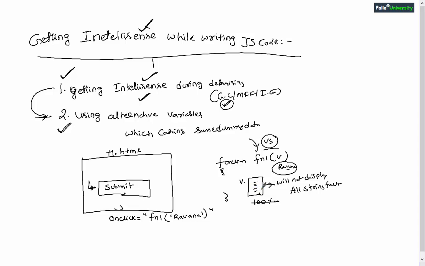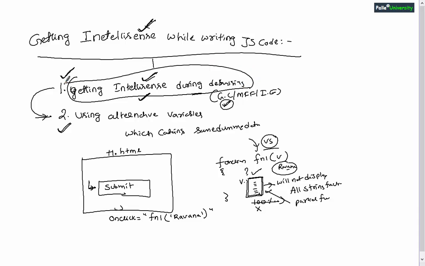In some cases, you will get IntelliSense completely, and in some cases, you may get it only partially. So in this specific case, you will get the IntelliSense window, but you will see partial functions only, not the full set of functions. In such situations, if you are not getting the IntelliSense window, now I am explaining how to get that missing IntelliSense window. Let me explain by using the first technique, that is getting the IntelliSense window during debugging by using Google Chrome browser.